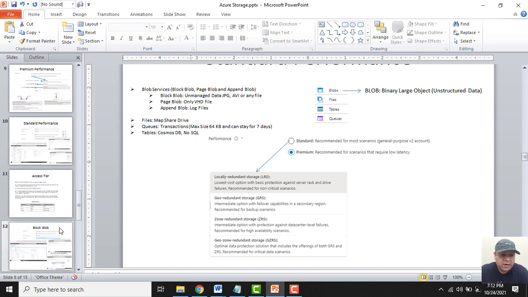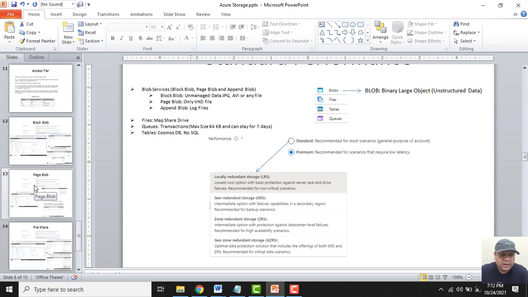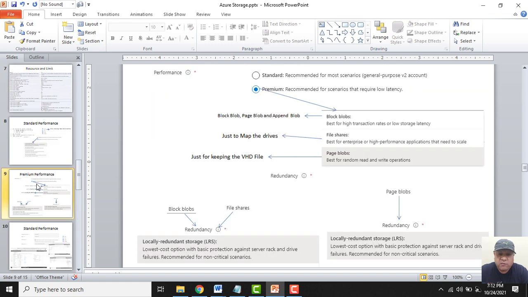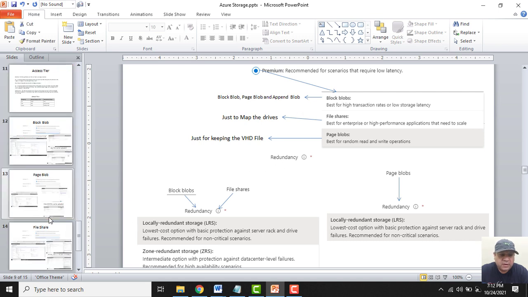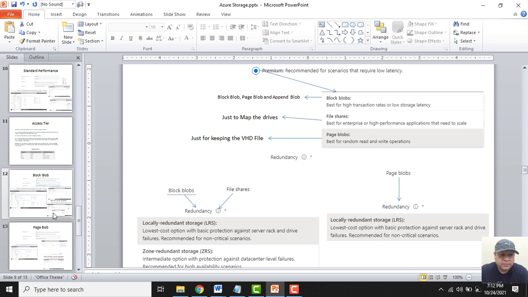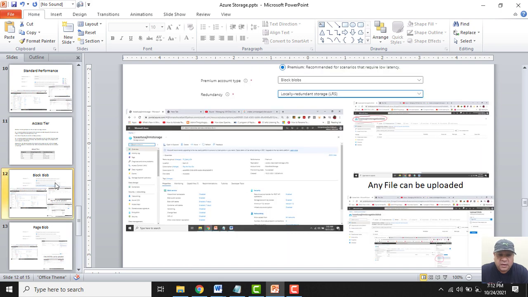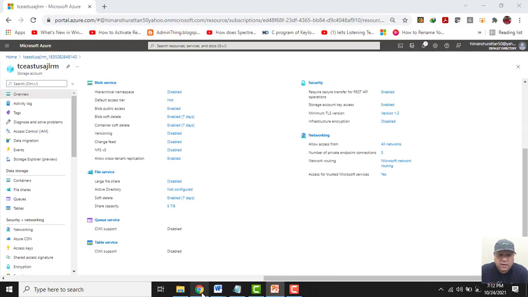Before I proceed, I just want to show, if I would have opted for the premium option and selected block blobs, I would have definitely got 2 redundancy options, LRS and GRS. The way I selected the standard services, I get all the 4 services.